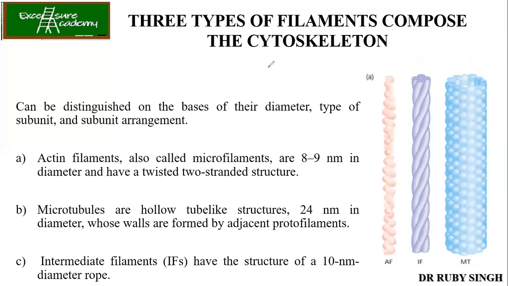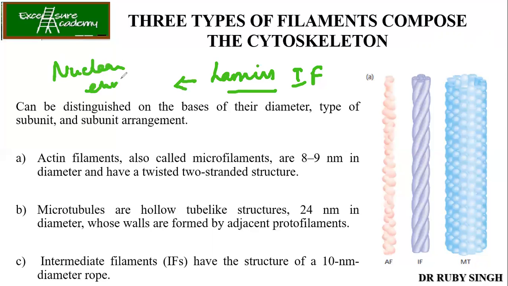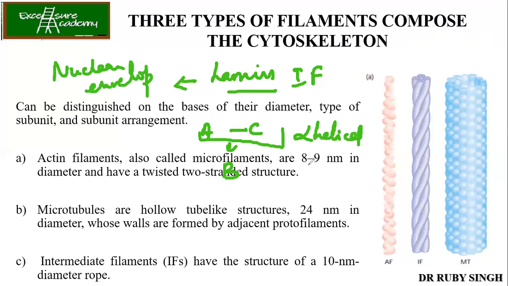Okay, for example, let us say that you have lamins. So lamins are IF, intermediate filaments, which are present in the nuclear envelope. They are present in the nuclear envelope. So lamins are made up of two types, A and C. Now those two, lamin A and lamin C, are connected by lamin B. Okay, so if you remember, all of these are actually nothing but alpha helical proteins only, alpha helical proteins.